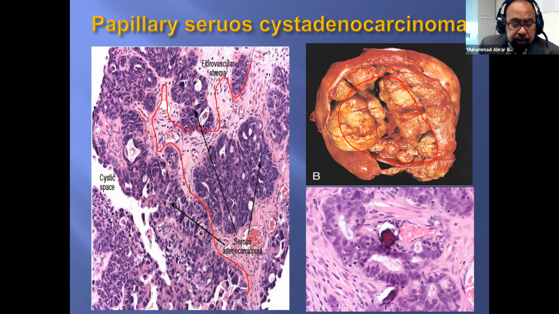You can even see multiple mitoses, for example, this one, mitosis, this one. So multiple mitoses can be identified. And the important thing is that the cells have invaded into the stroma, the ovarian stroma. So when you see a clear-cut invasion into the stroma, then